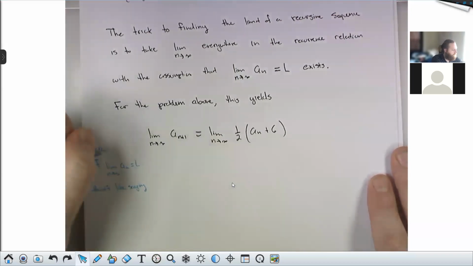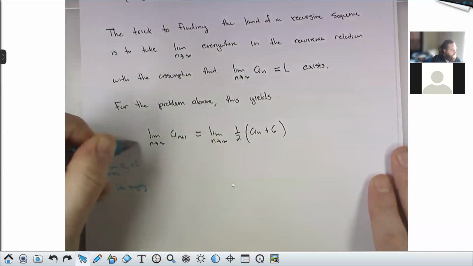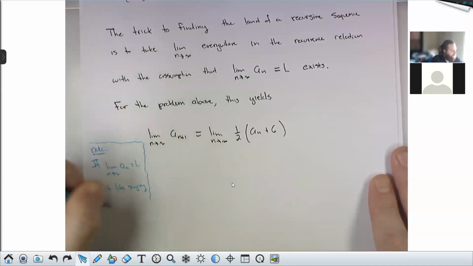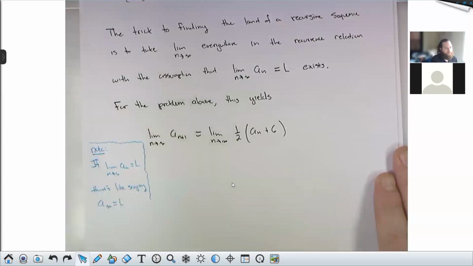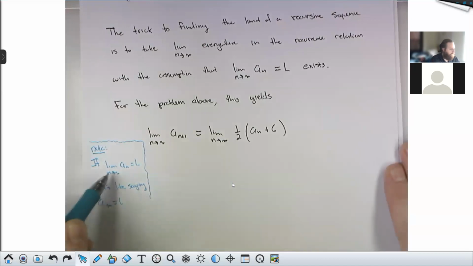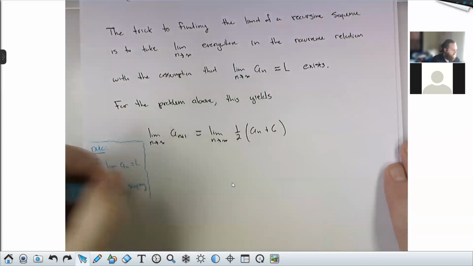Okay. So if we're saying that the limit as n goes to infinity of a_n is this number L, that's like saying a sub infinity is L, right? We're like plugging in infinity. The trick is, of course, that infinity is not a number. It's a weird thing. But if you're okay with saying that the limit of a_n is the same thing as plugging in infinity,